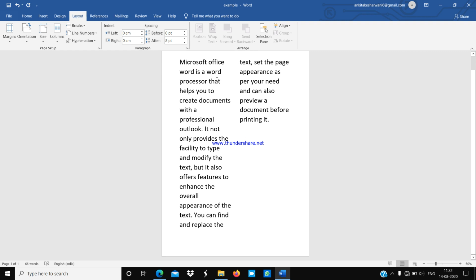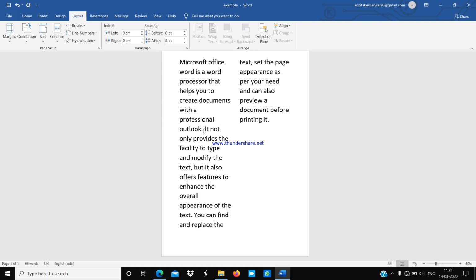Microsoft Office Word is a word processor that helps you to create documents with a professional outlook. After that, if I want to break my column, I have to bring my mouse cursor here, between Outlook and it word.